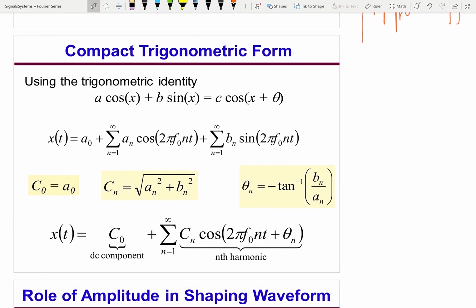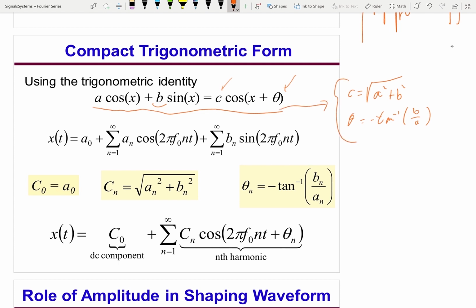Okay, now let's look at the compact trigonometric form. We will use this trigonometric identity: C will be the square root of a squared plus b squared, and theta is minus tan inverse b divided by a. So we're going to use this trigonometric property, and if I have this trigonometric Fourier series, I can get easily